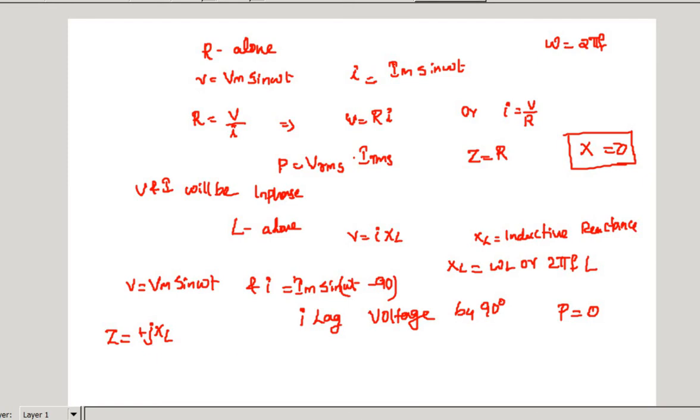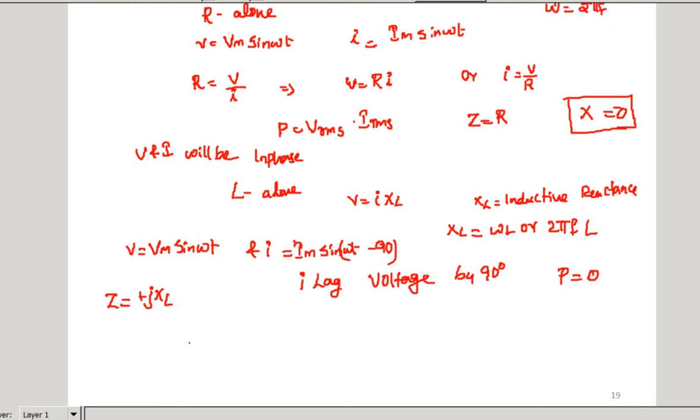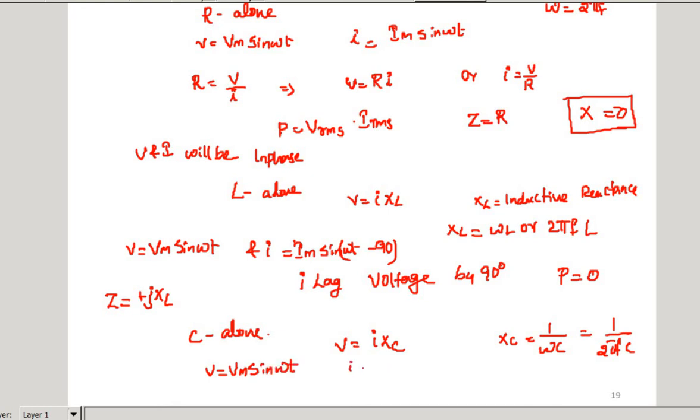Now in the case of a circuit with a capacitor alone, that is C alone, for a purely capacitive circuit, here V is equal to I into Xc, where Xc is our capacitive reactance. Xc is equal to 1 by omega C. Also we can write it as 1 by 2 pi fC. So V is equal to I into Xc, and the instantaneous values are Vm sin omega t and I as Im sin omega t